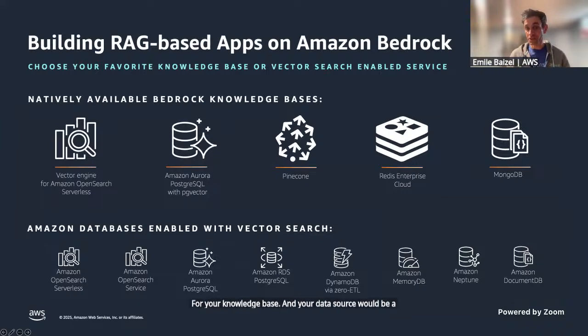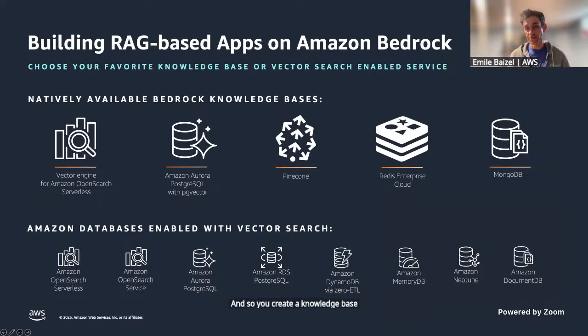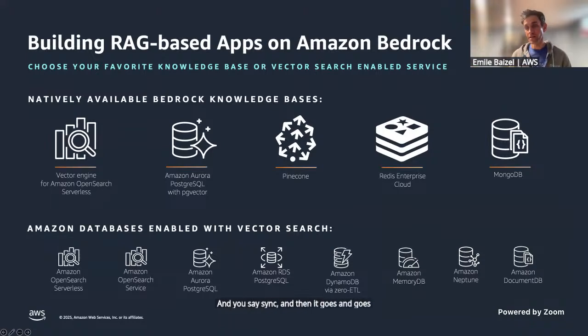You can do this in the AWS console. You create a knowledge base, you select your vector store, and you say I want my data source to be a web crawler, and you point it to your website, and you say sync, and then it starts scanning that website, and that data gets pulled automatically and ingested into a